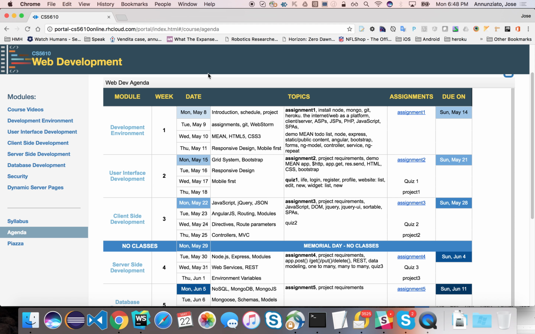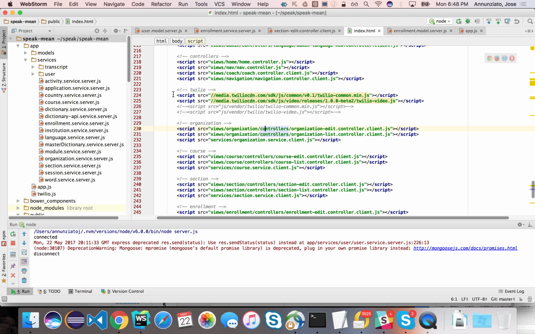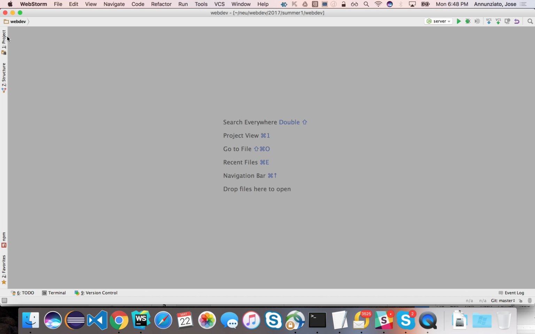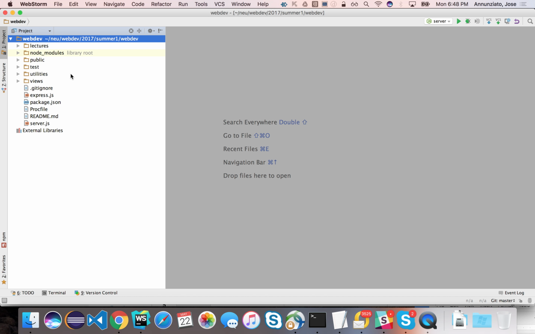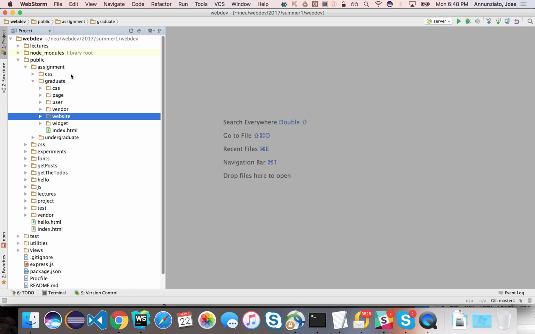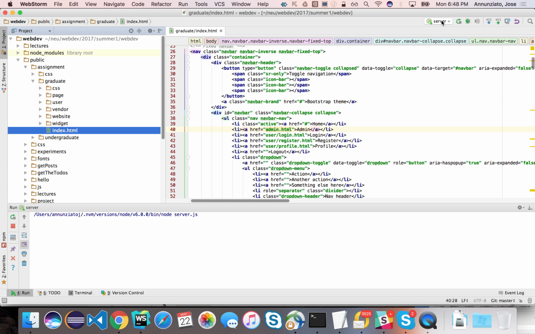So let's go over the assignments so far, what we have. Let's see, let's go to WebDev. And we have the website so far. We have here for the graduate folks, we have this index page, and then let's run this, and let's navigate